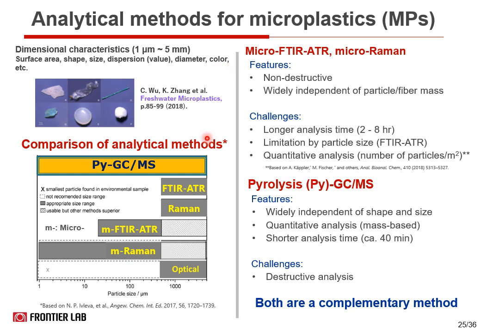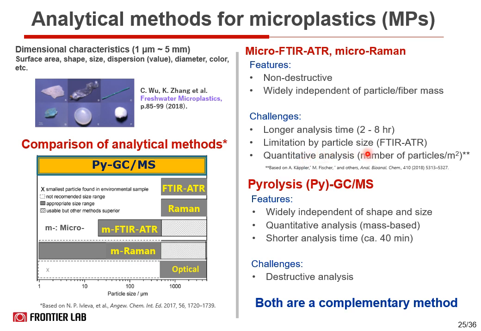The popular analytical methods for environmental microplastics are spectroscopic techniques, such as micro FTIR, ATR, or micro Raman, and also the Py-GCMS technique. The right side is a summary of features and challenges for both methods. The major difference is that the spectroscopic technique provides quantitative information based on